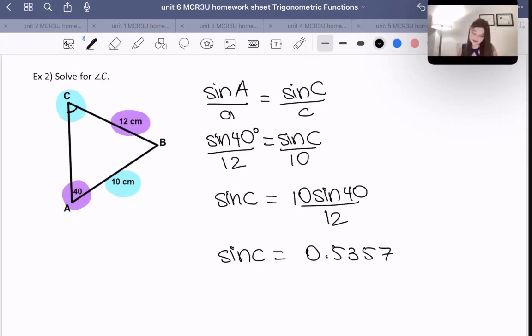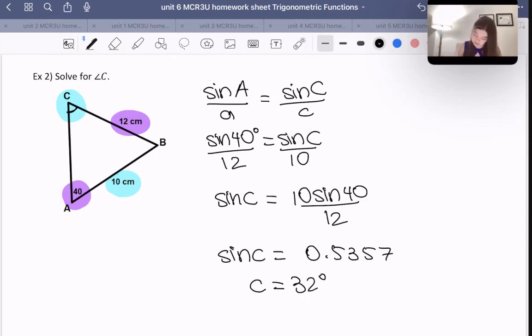And what am I going to do to find C? Because again, I don't want to know what sine C is. I would like to know what C is. I'm going to take this number and press second function sine, which is going to give us the inverse. And that is going to get me that C is equal to 32.388 degrees. Now, since it's degrees, I'm just going to round to the nearest degree and say it's equal to